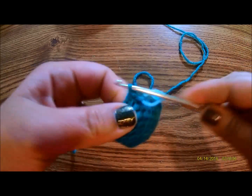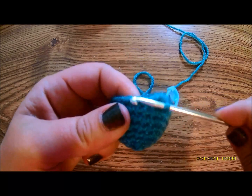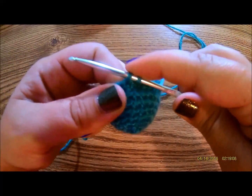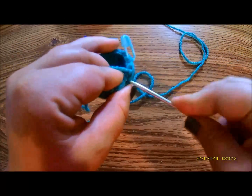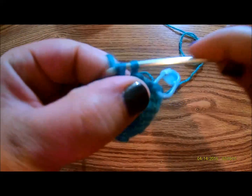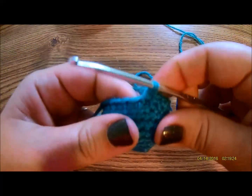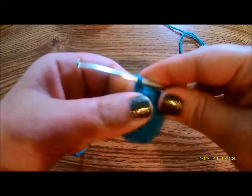Okay, after that decrease, you will need to do 4 single crochet into every stitch. One single crochet into the next 4 stitches. 1, 2, 3, and 4. Now the next part is the part that we're going to be forming the bottom part of the